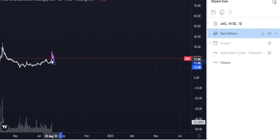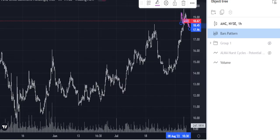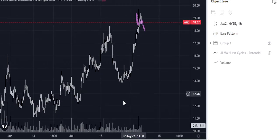Personally, my calls are going to be for next week, next Monday. I believe that's when we're going to run. Make your own choices on that. I can't give financial advice. If you have the money to go further out, definitely do it. There is also the possibility that it's just complete distribution, and